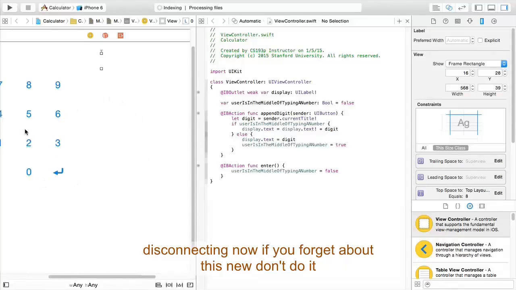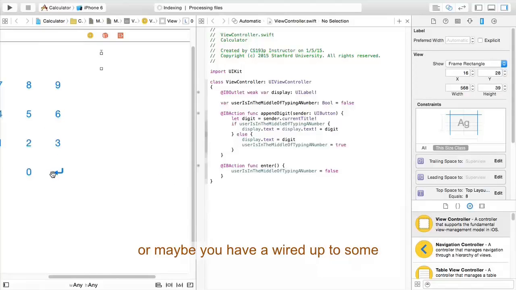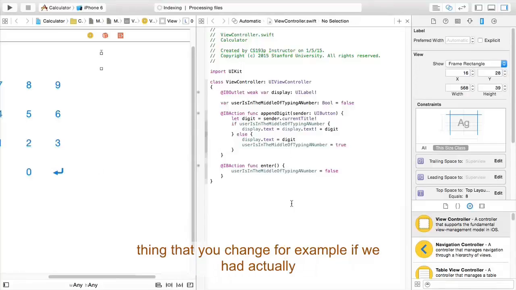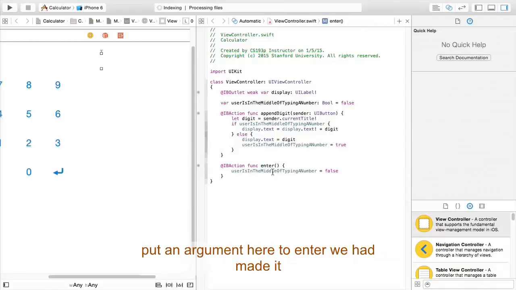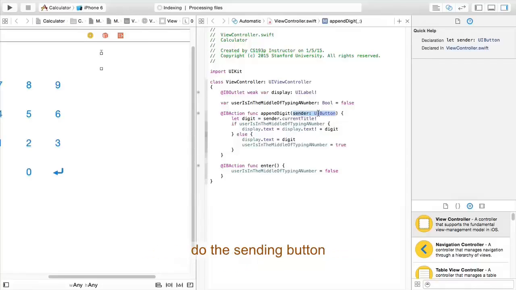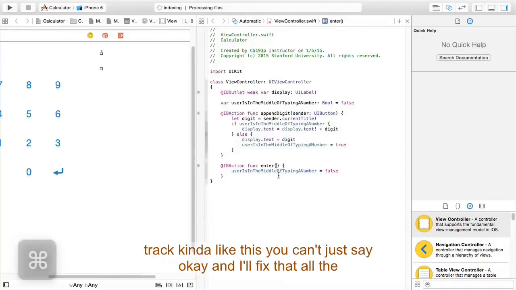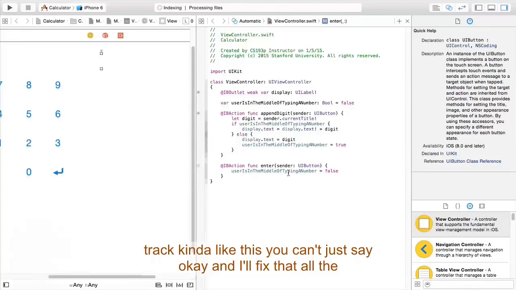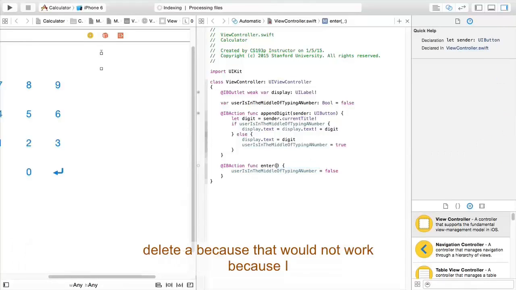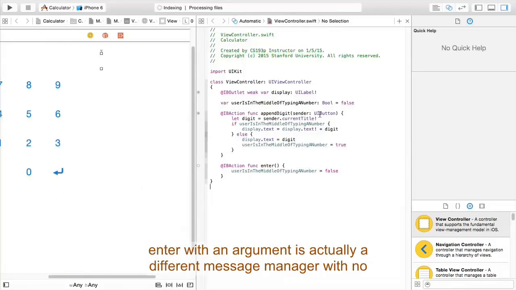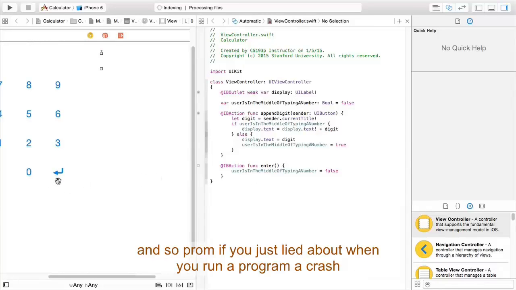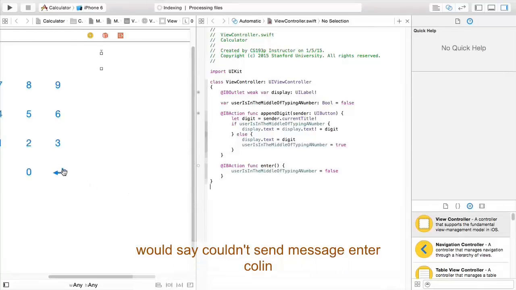Now, if you forget about this and you don't do it, or maybe you have it wired up to something that you changed. For example, if we had accidentally put an argument here to enter, if we had made it do the sending button trick, you can't just say, oh, okay, I'll just delete that, because that would not work, because enter with an argument is actually a different message than enter with no argument. And so if you just deleted that when you run your program, it would crash and it would say couldn't send message enter colon,